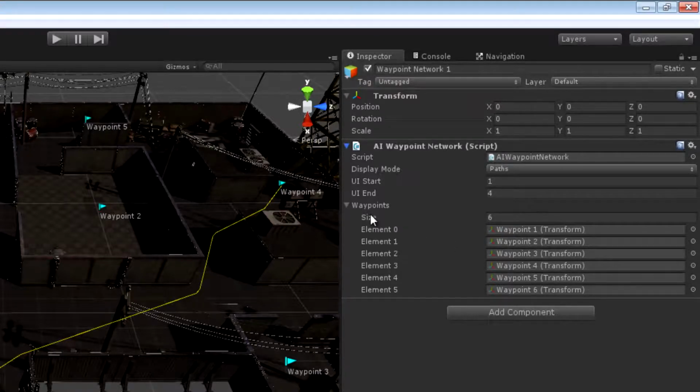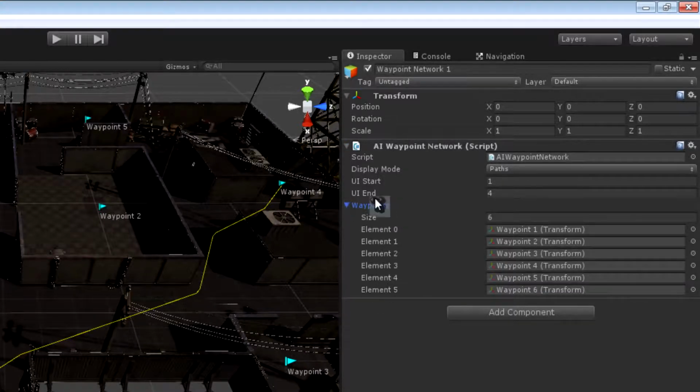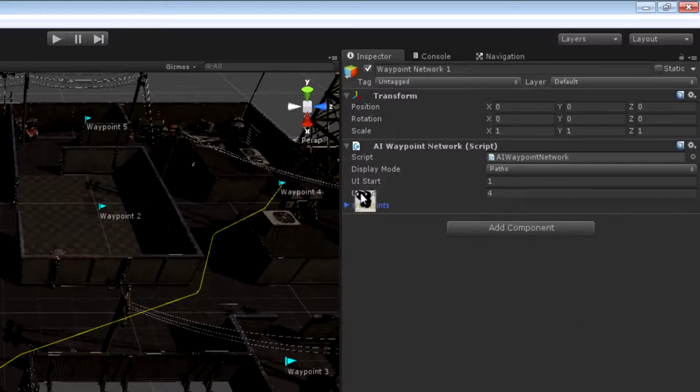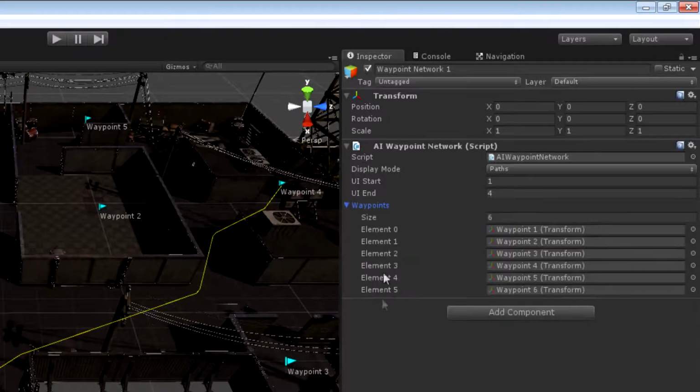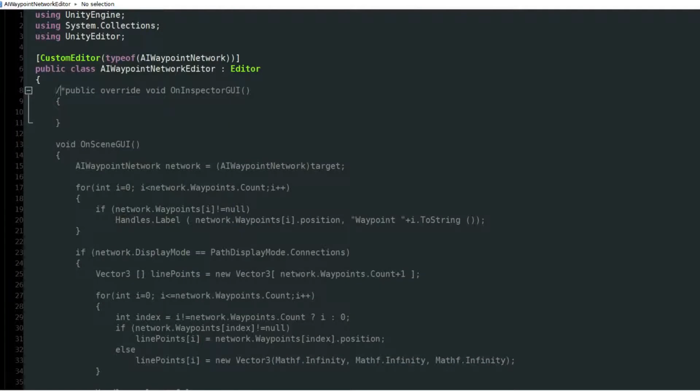So I kind of am in a weird situation where I want to use Unity's default behavior for rendering my waypoint list, but I want my UI start and UI end to be overridden so that I can have slider bars there instead that are also confined to valid index ranges. So what I'm going to do is a little bit of both. I'm going to essentially override the top three members and be responsible for drawing those. But then after I've rendered these, I want you to draw the rest of it by using the default behavior. And fortunately, this is really easy because the editor class, if I just uncomment that function again,